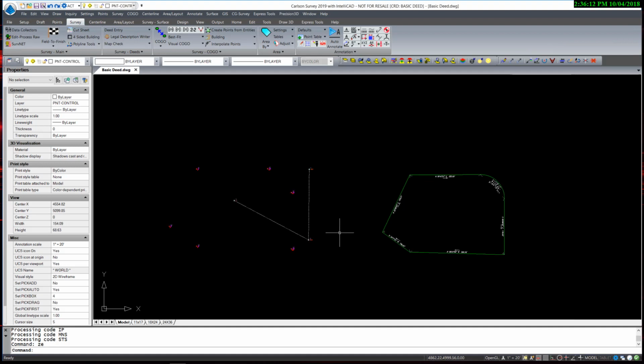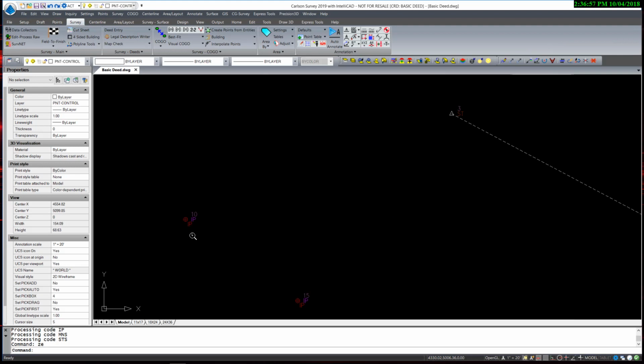The typical method of performing this type of operation is to do exactly this, and that is to bring in field information that was done on an assumed bearing and then align it to a record deed holding a recorded plat bearing system. By looking at the data, you can see that I have points 10, 11, 12, 13, 14,